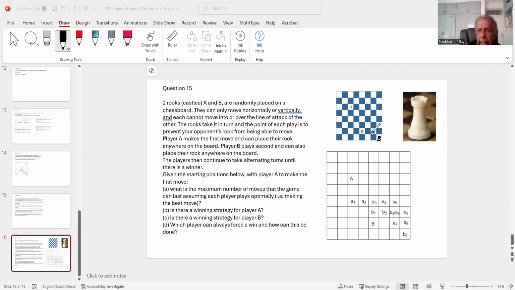So the idea is A must move in such a way that B is forced into this situation here, right? And so that is the question. What is the strategy that A must use in order to force a win? Interesting problem, right? And I'm telling you what the answer is. The answer is the following. All you have to do is